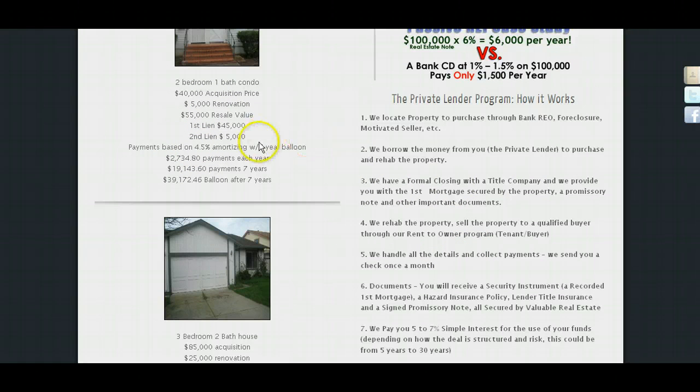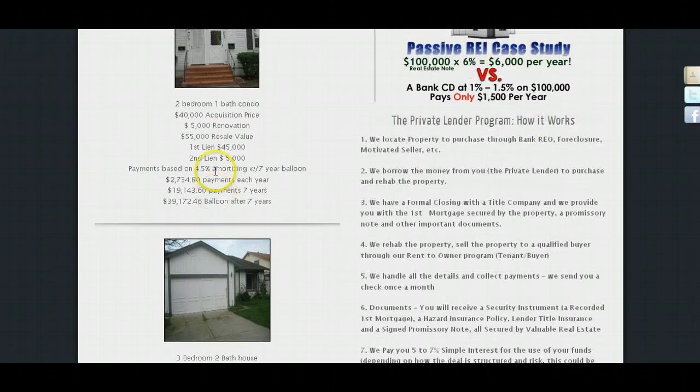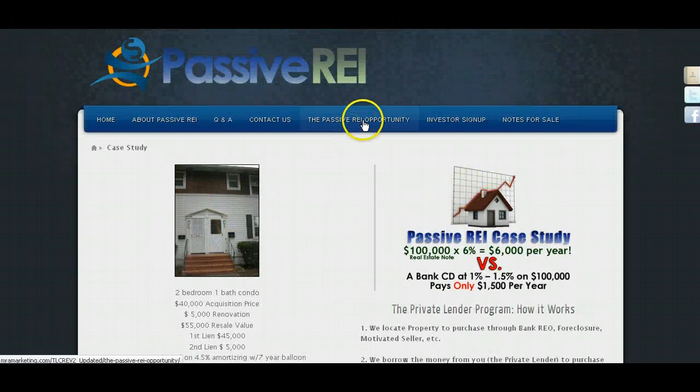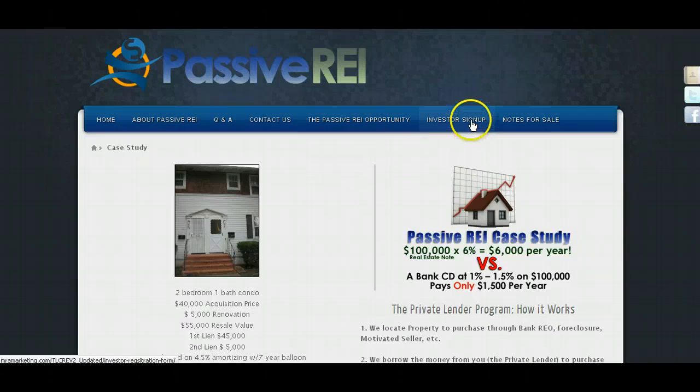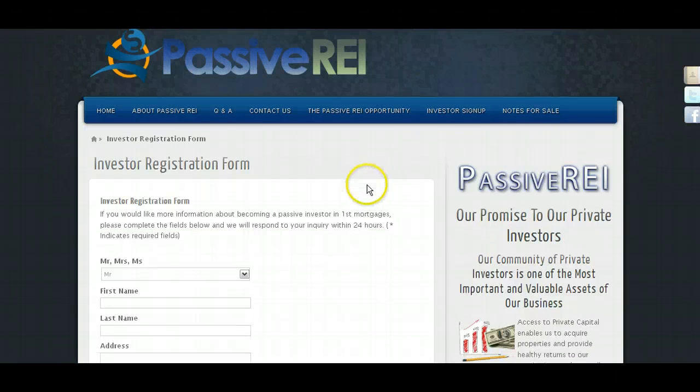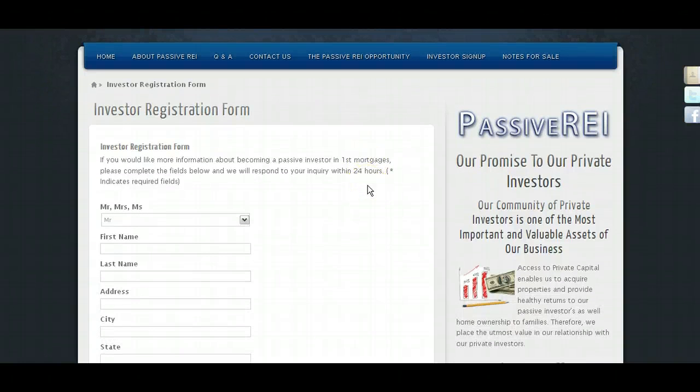And I just thought that it's a very good 1-2 approach. This right hand side really complements what I put here on the left. And again, it's because I've set this sidebar area to be dynamic so that you can have it be different for each page. Investor sign up, if we click here to investor sign up, this is the registration form for potential investors. And basically this is the main goal of the website, is to get people to get on this page. Now you can see that the sidebar of this page